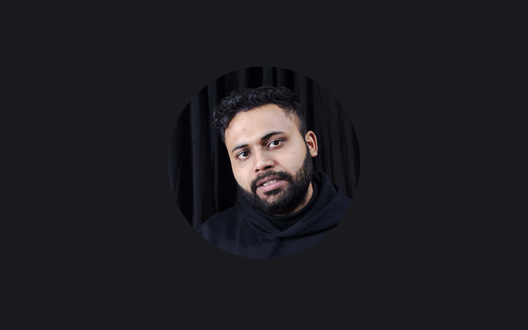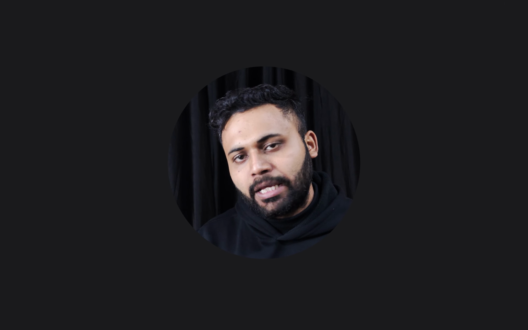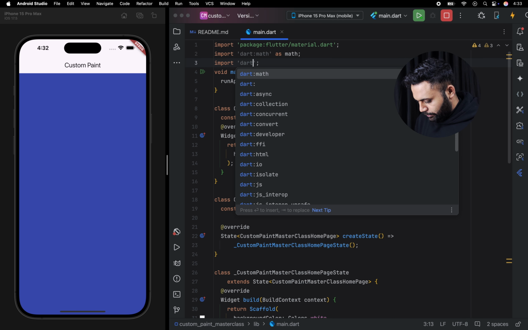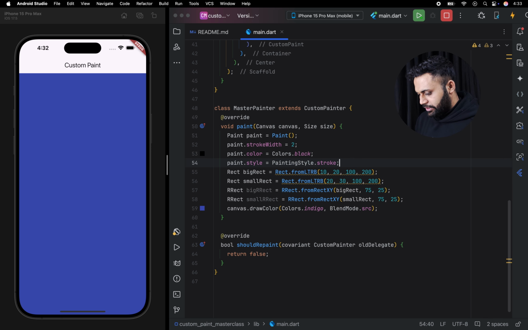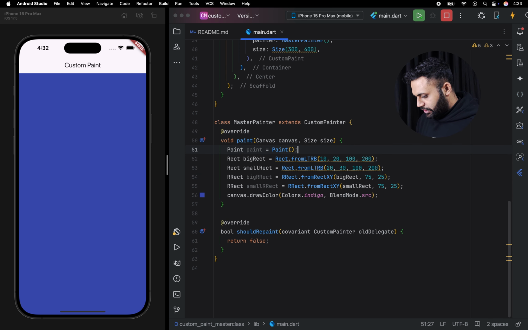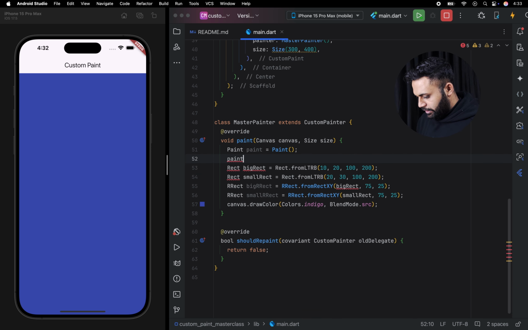Now we're going to take a look at how we can fill our canvas with the gradient. To fill our canvas with the gradient, we need to first import the library dart:ui, and we are going to use this library to get the gradient shaders. So to use shaders, we are going to use the shader property from the Paint class,